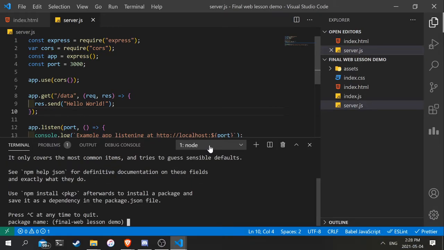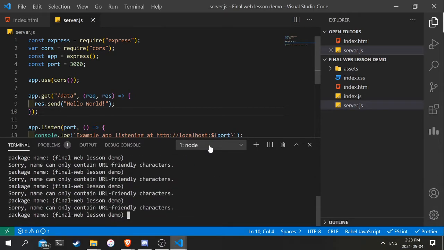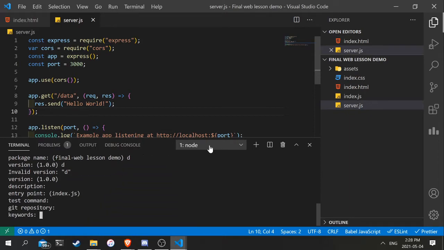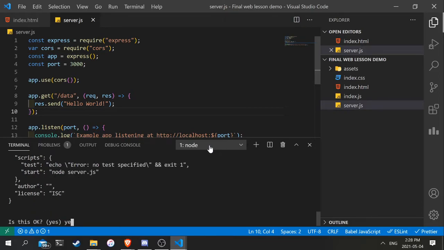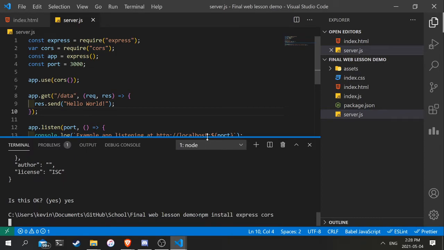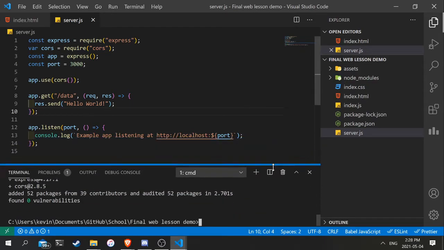It's going to initiate package.json and install Express, and it's going to install these packages. If you guys weren't here for last week, basically